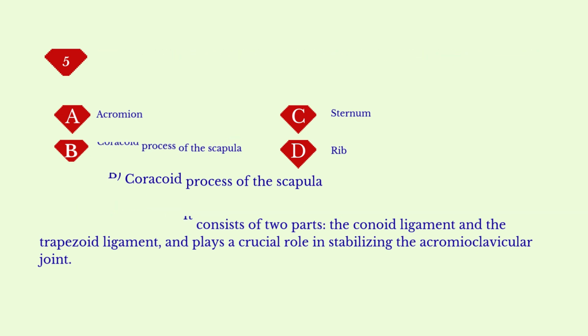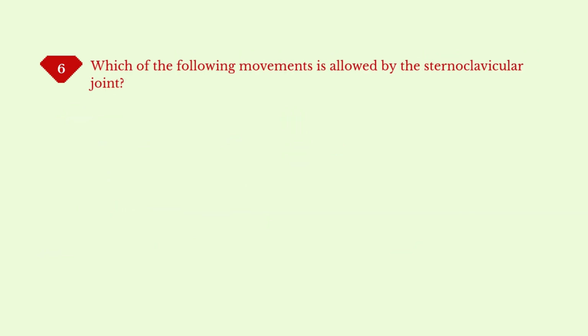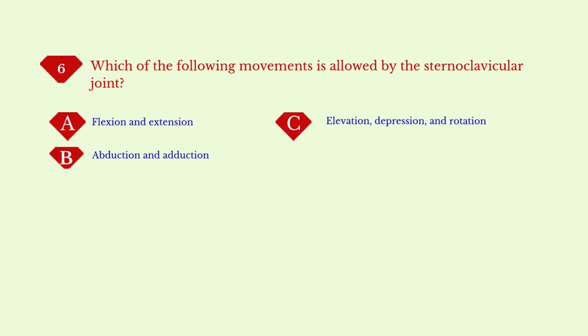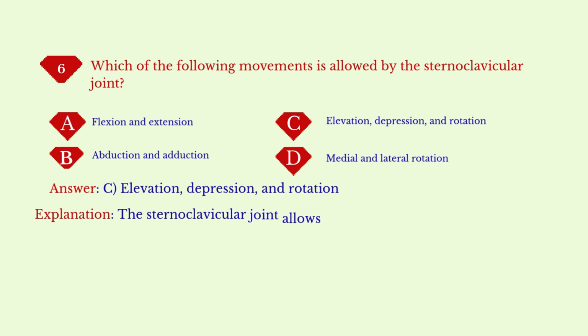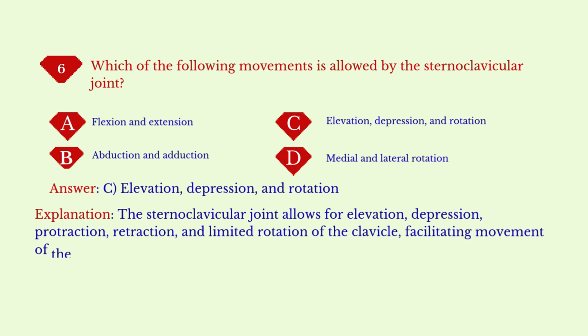acromioclavicular joint. Which of the following movements is allowed by the sternoclavicular joint? A. Flexion and extension. B. Abduction and adduction. C. Elevation, depression, and rotation. D. Medial and lateral rotation. Answer: C. Elevation, depression, and rotation. Explanation: the sternoclavicular joint allows for elevation, depression, protraction, retraction, and limited rotation of the clavicle, facilitating movement of the shoulder